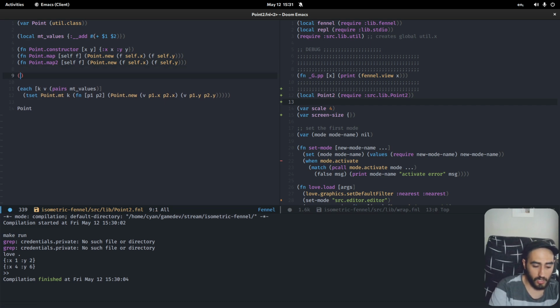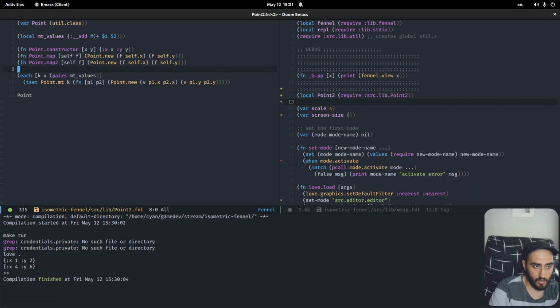So it would be like point.map2 a b. Okay, no. Self other f. Okay, self other f. F of self.x, other.x, self.y, other.y. Okay, point.map2. So this 2 is actually a